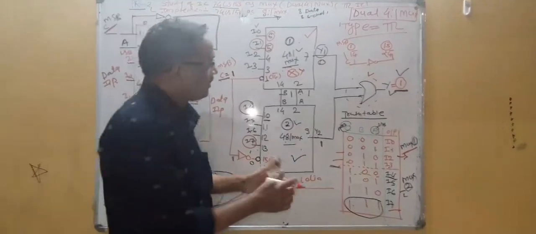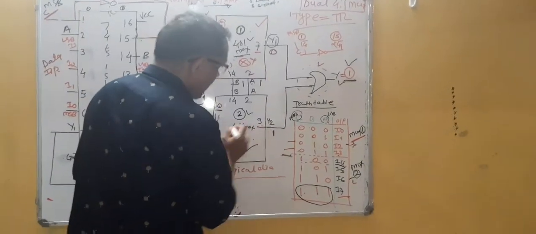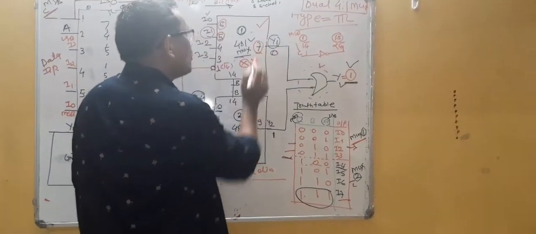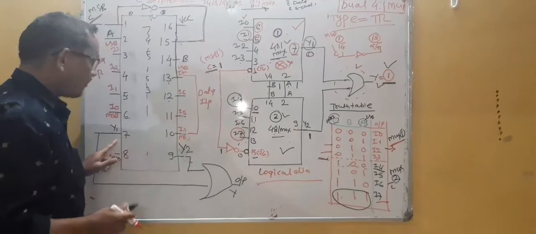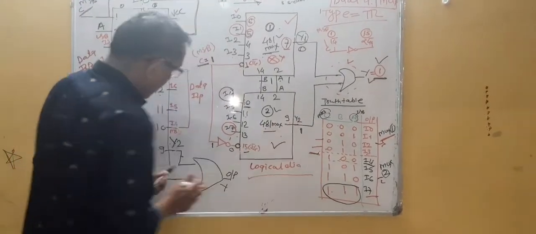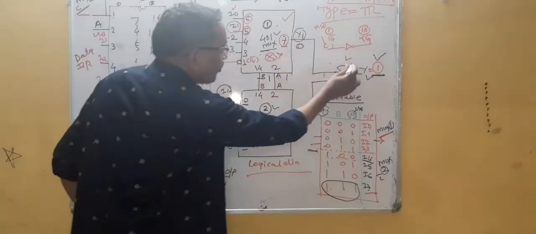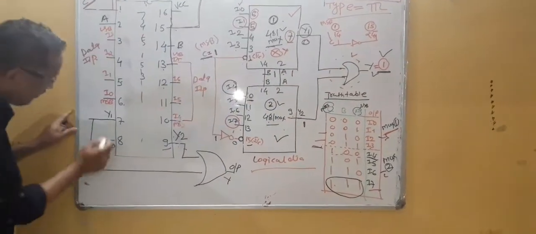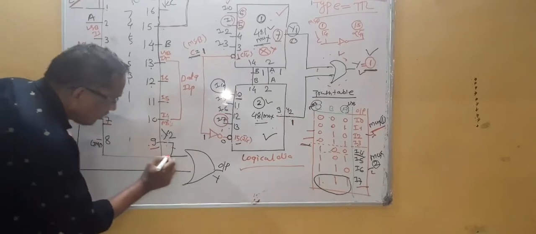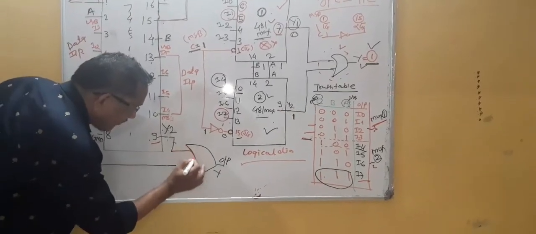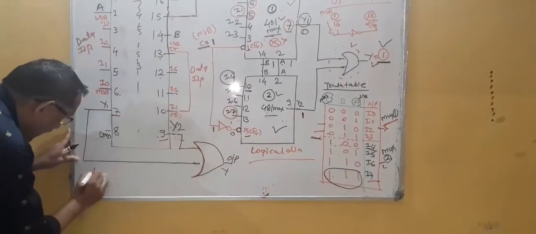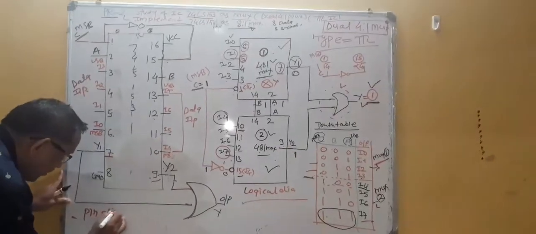As per this case, this is pin number 7 and pin number 9. Pin number 7 is nothing but the output of your first multiplexer, this is Y. Then pin number 9 is the output of your second multiplexer, called Y2. Through this, I am going to connect an OR gate. Same thing I will apply here: pin number 7, pin number 9, and through this I will connect an OR gate. So this is as per your pin diagram. Both diagrams are absolutely correct.